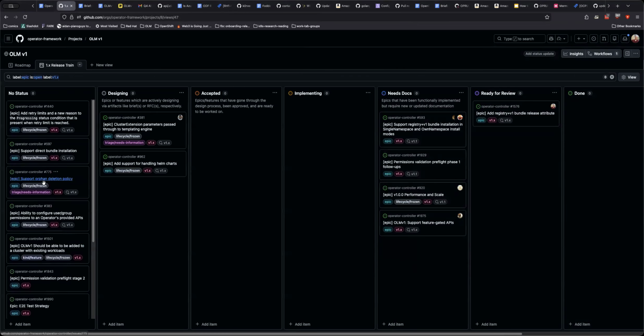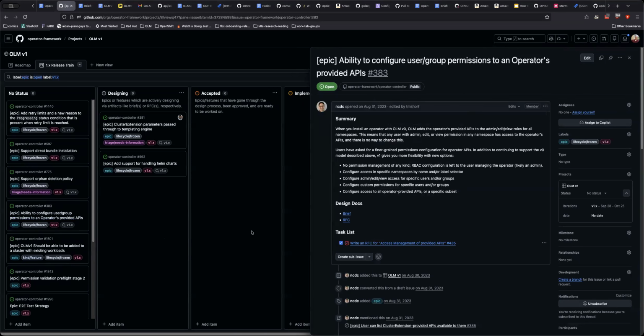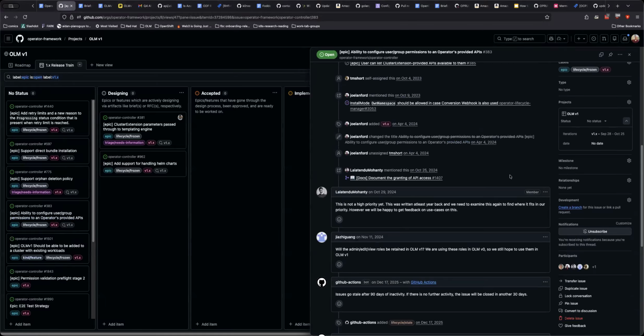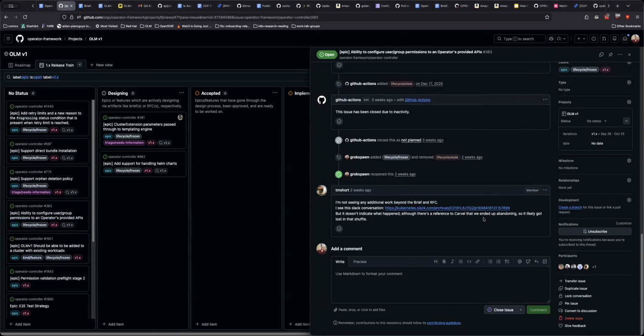Okay, moving on to the next one. Configure user group permissions for an operator's provided APIs. I think, I'm not sure if this one is still... Oh, okay. Yeah, sorry. This is the one that